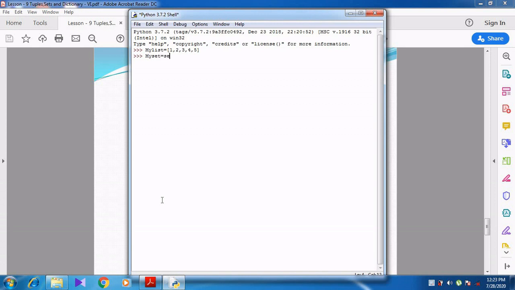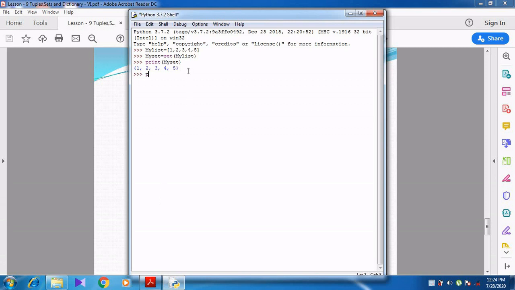My set equal to, how can I create the set? Using the set function. I am going to pass my list as an argument. Now when I print my set, can you see this? 1 2 3 4 5, it is given within curly braces.